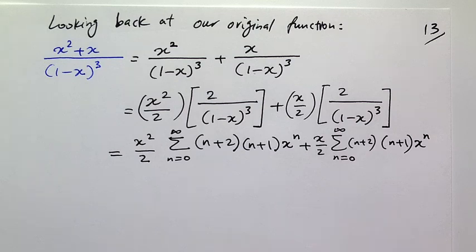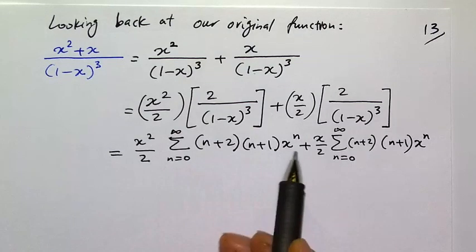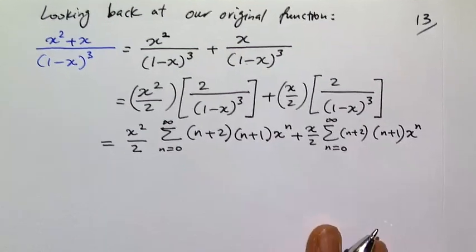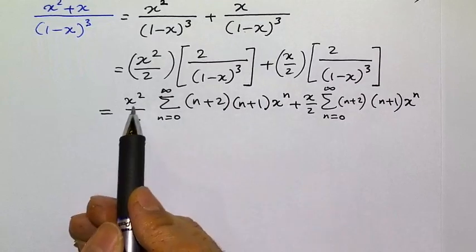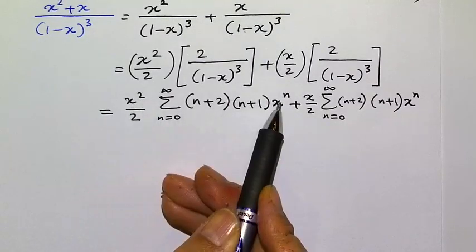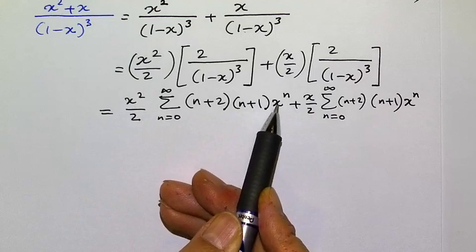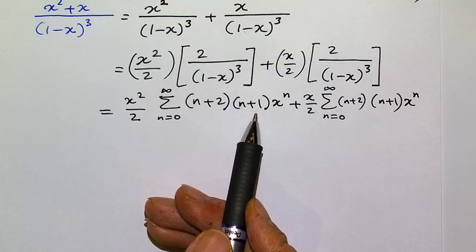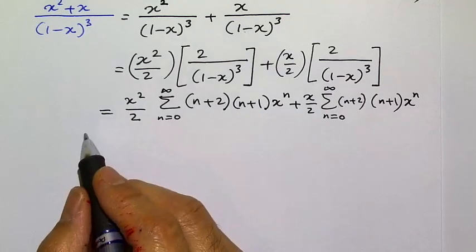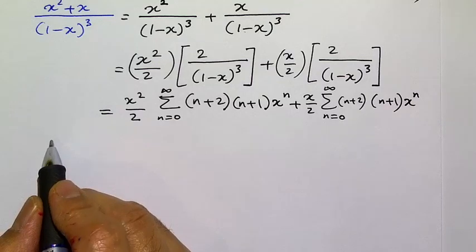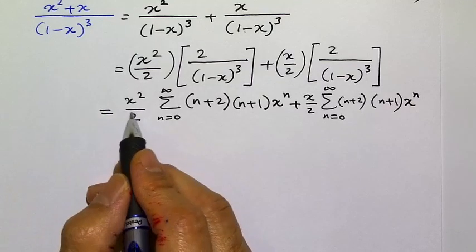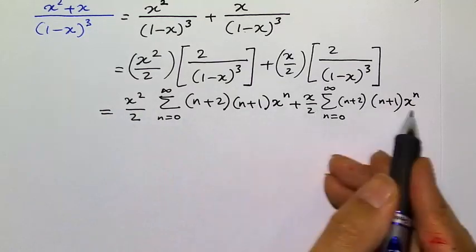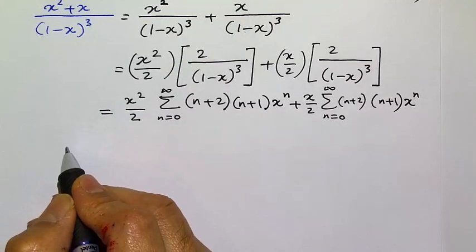So now, let's see. We can simplify this, right? Because we have x to the n power, and then we have x squared. So we can combine those two. We can distribute this into that. We get x to the n plus 2 power, everything over 2. Okay, so let's do that. So distributing both of these into the power series, we have,